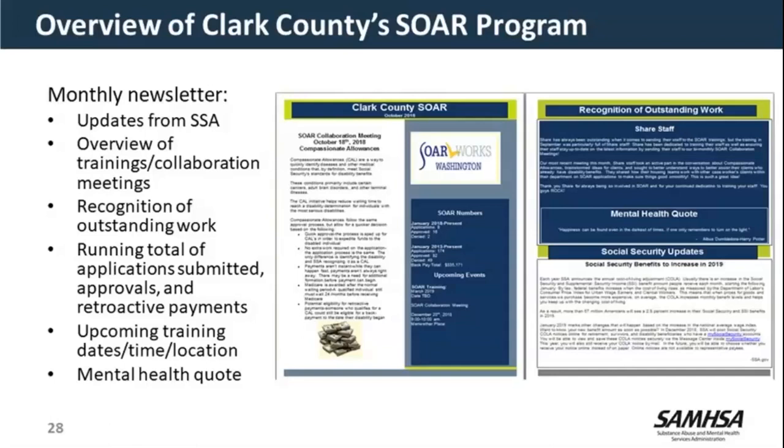And then I also like to keep a running total of our numbers. That way everybody in the community can see where we're at as a community and what we've done to help people. And one of the key parts to that is a running total of the retroactive payments that our clients have received. You can't see it very well on that picture, but I believe, off the top of my head, we're at almost $340,000 in back payments received since